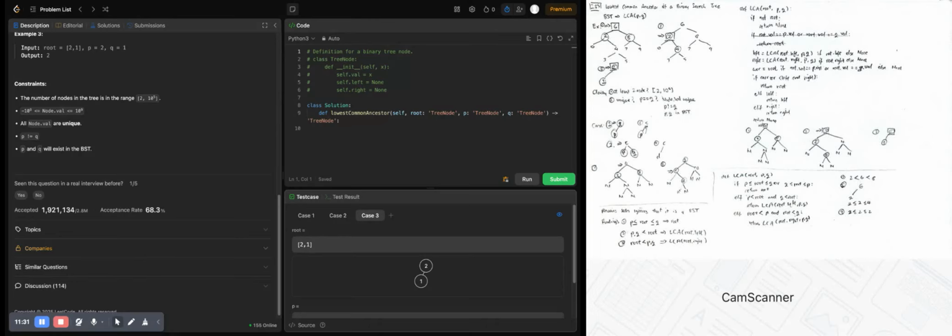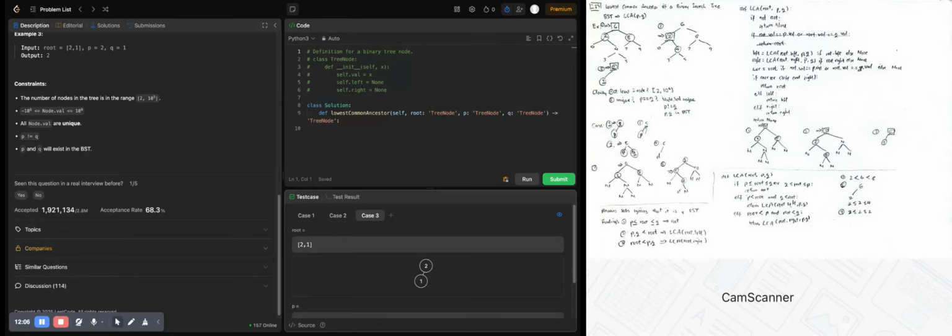And then the parent said, P and Q, I am not one of them. So the 4 will tell the parent, and the 0 will tell the parent as well, that both of the children are not P and Q. And then suddenly 2 happens to be one of the P and Q. And then similarly on the right side,